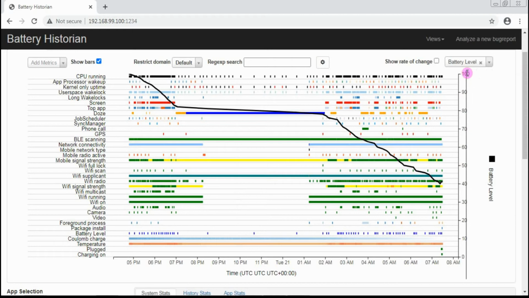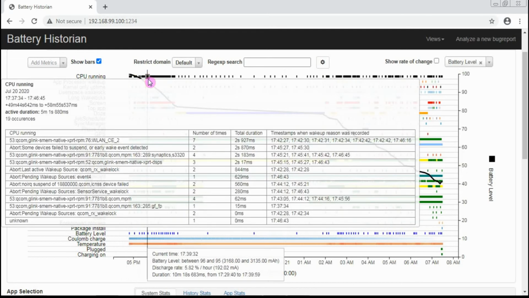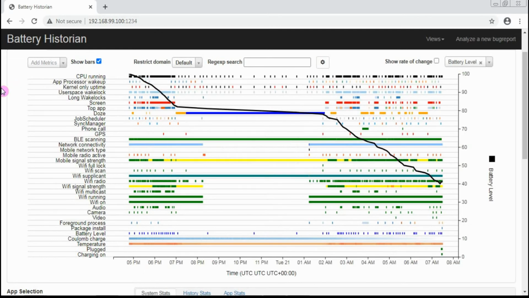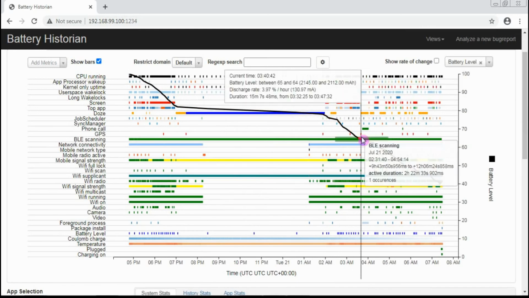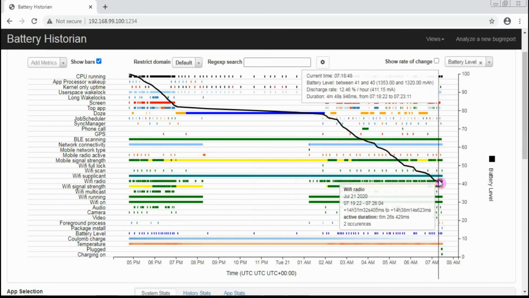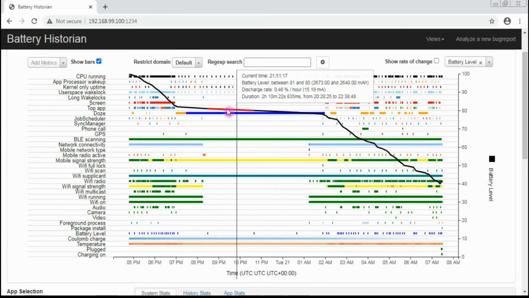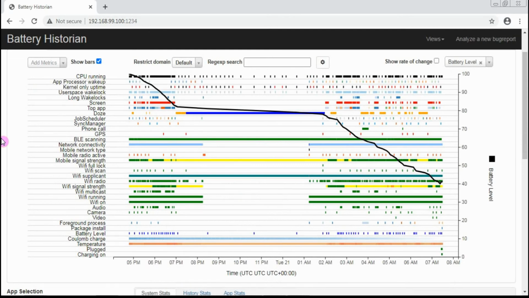So here you can see the battery percentage level is displayed. 100 is the maximum and you can see it goes down to 0. We had started collection of Battery Historian logs from 100% and we had taken the logs at 40%. The black line is displaying our battery degradation, when our phone was in discharging state and we were using the applications.